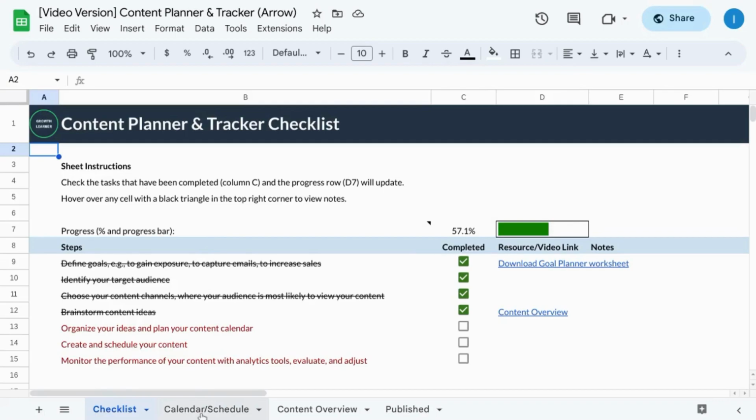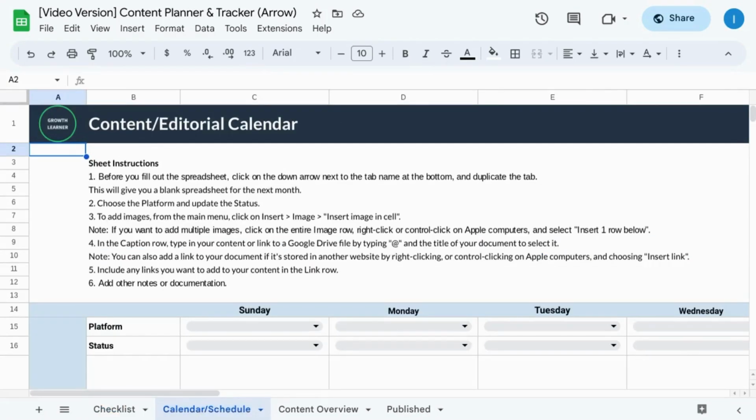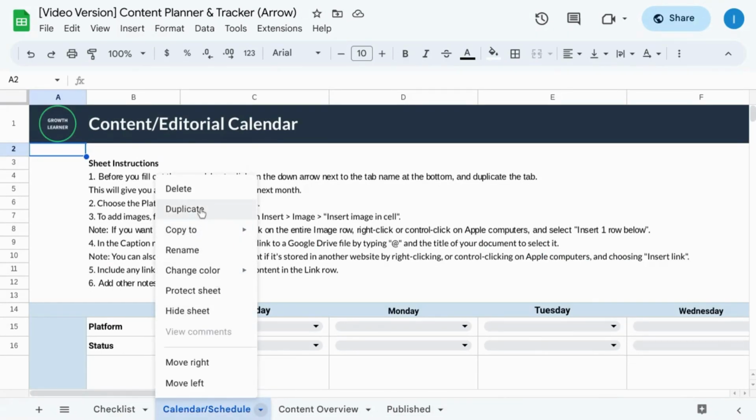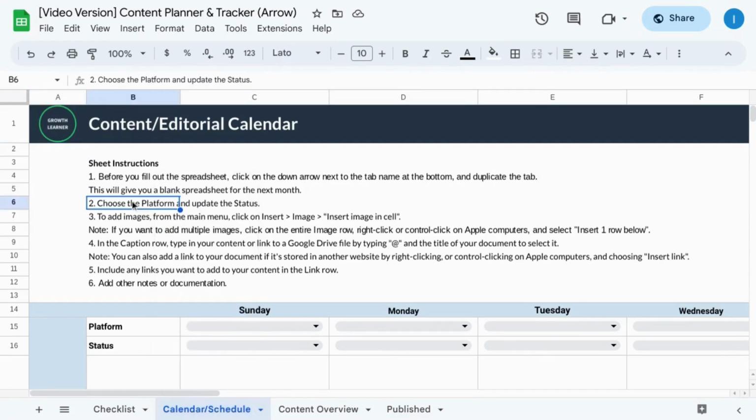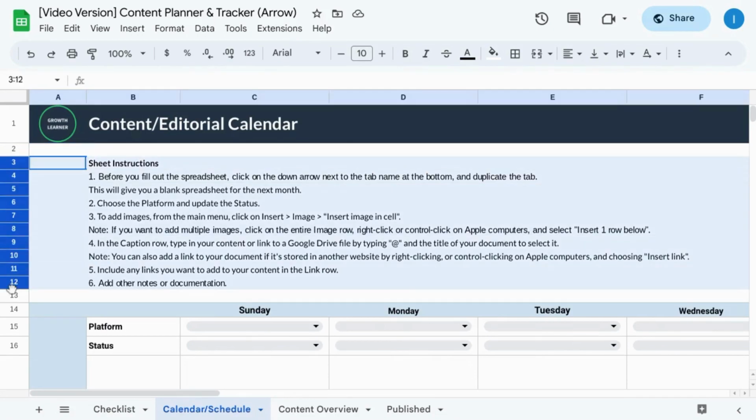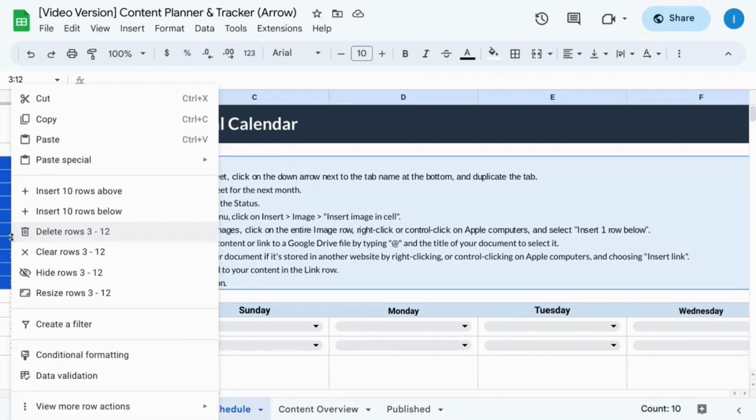We'll click on the calendar/schedule tab. Before you use this tab, click on the down arrow next to the tab title and select duplicate. That way you can have a clean, fresh copy for your next month. Here at the top we have instructions on how to use this tab. If you pick up the process pretty quickly, you can highlight the cells, highlight the rows, and hide them if